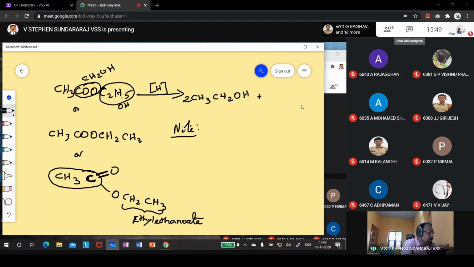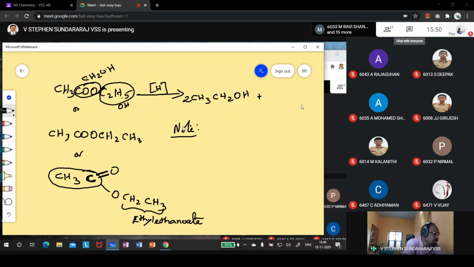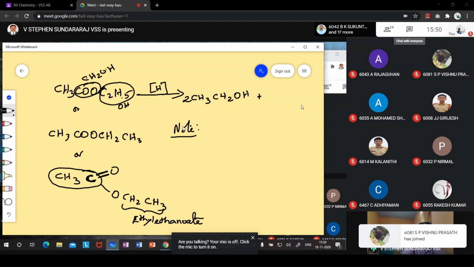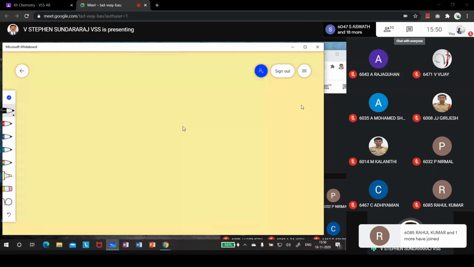Carboxylic acid gives a good yield by lithium aluminum hydride. The lithium aluminum hydride reducing agent gives a good yield for carboxylic acid reduction, but still this is a very expensive reagent. Therefore, we will convert this